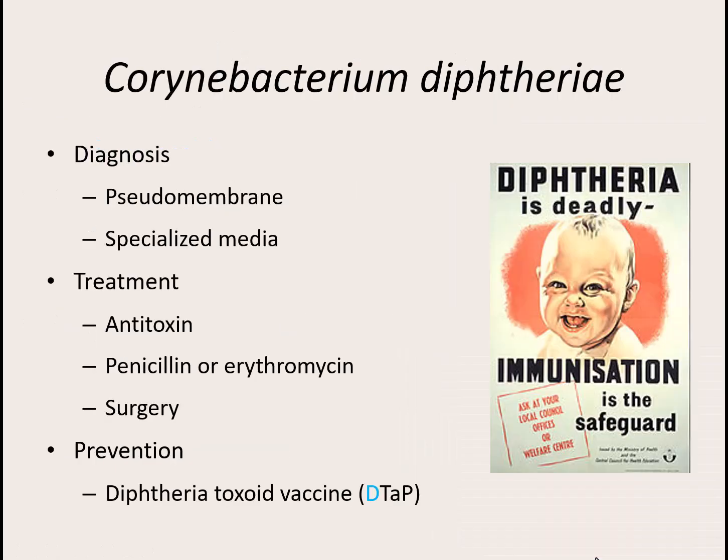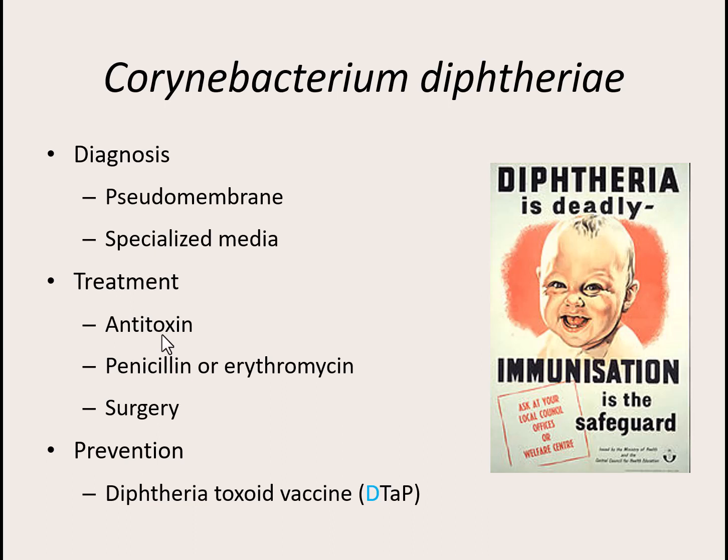Diagnosing this particular bacteria, well, they can just visually look in your throat and see a pseudomembrane. That's pretty easy. If you don't have a prominent pseudomembrane, they can grow it on a specialized media in a lab called Loeffler's media. We can also do an antibody test as well. Treatment, a lot of times they'll give you an antitoxin. This is going to be that antibody that neutralizes the toxin so that pseudomembrane doesn't continue to form. They can give you antibiotics. Penicillin or erythromycin are easily ones that work. And then if that pseudomembrane is large enough that it becomes obstructive, they would surgically remove it.